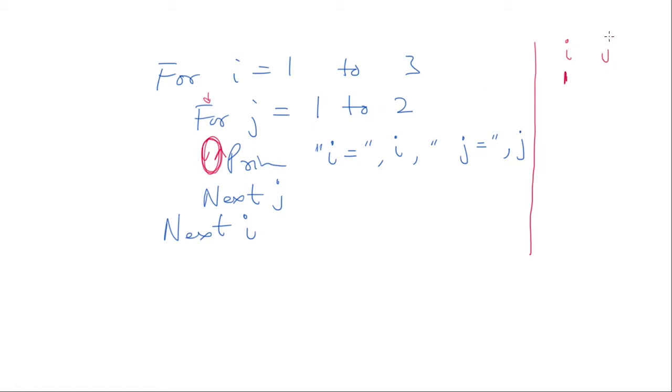So it says, okay, j is 1. And j becomes 1. It runs this line. So when it is running this line, it will print I equal to 1, j equal to 1. Goes to the next j. It never comes to the next I. Goes to the next j and bumps back, right? So what happens? J increments, but I remains the same or not? So when it again comes to this, J has become a 2, but I is still 1 or not? Unless until this loop gets completed, it is not going to go over here, will it?